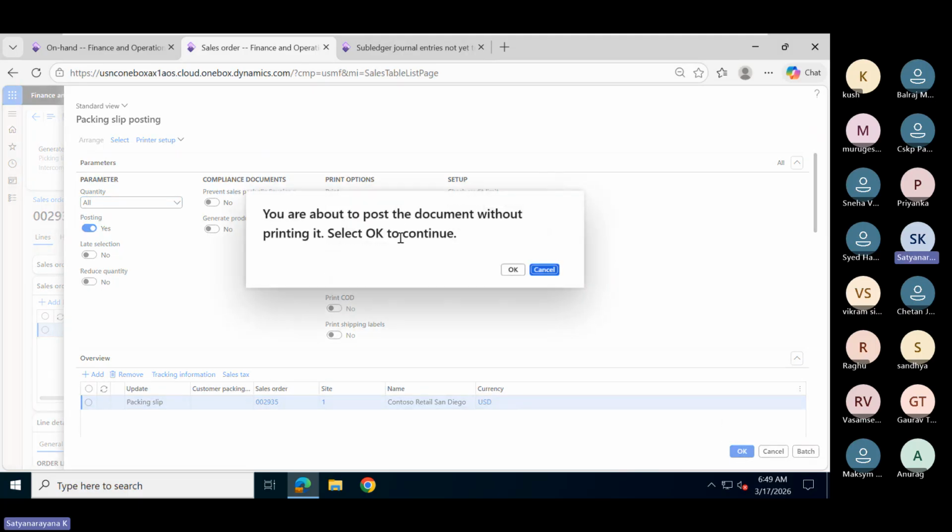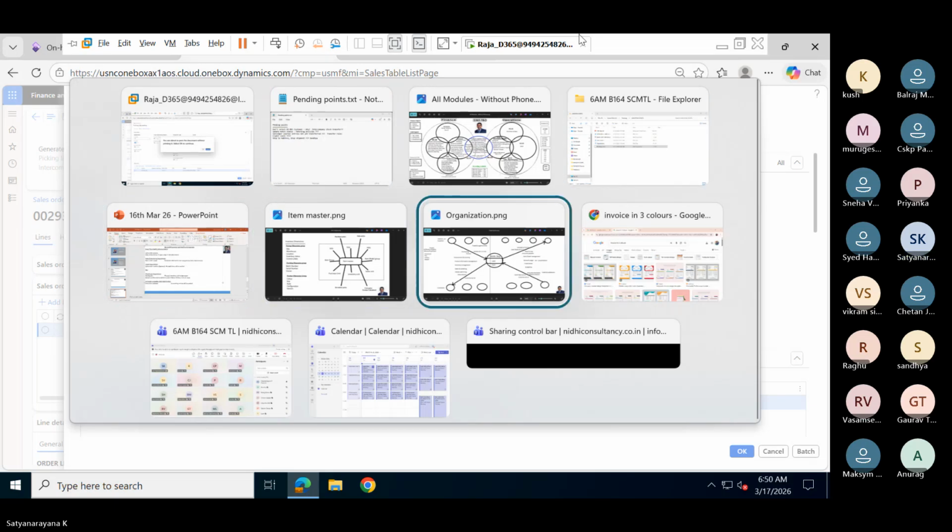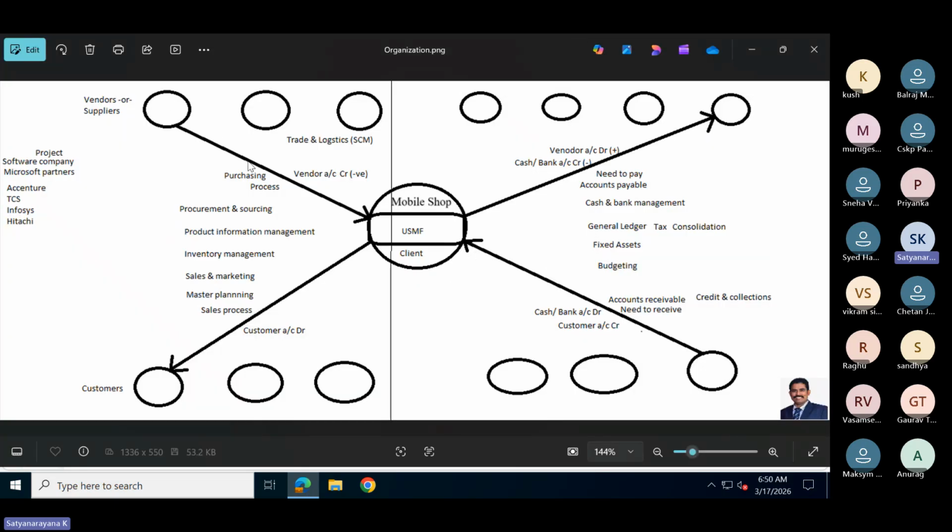It is giving a message. This is not a warning message, it is information. What is this information? You are about to post the document without printing. Select OK. In a real-time scenario, you need to have a printer connection and take a printout. In the purchase order process, the vendor gives the document to you.